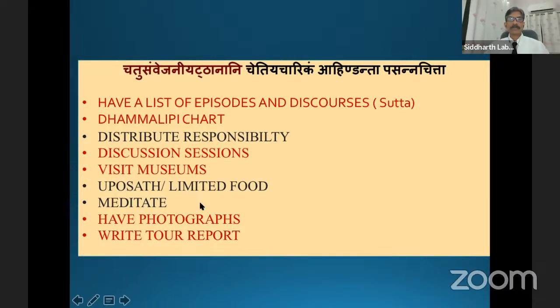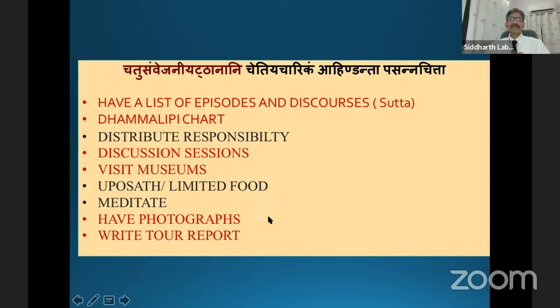Take photographs of the places and write a report. You know the importance of writing a report when you go through the life of Huen Sang Bante. So those are important. And these reports are not,